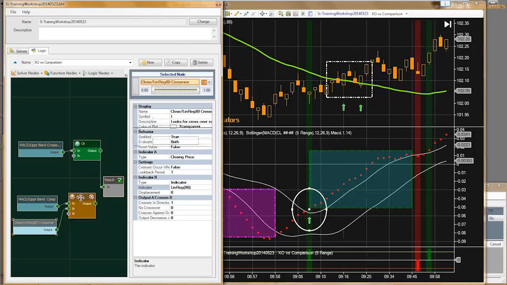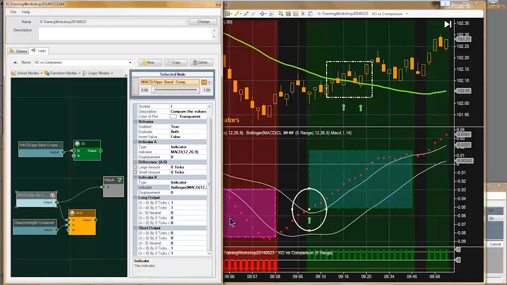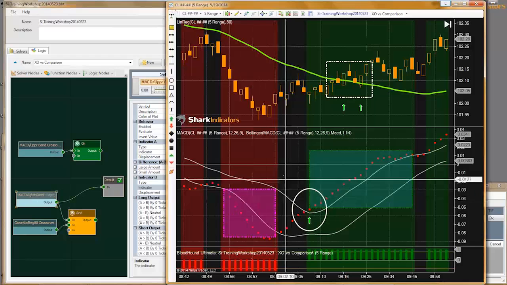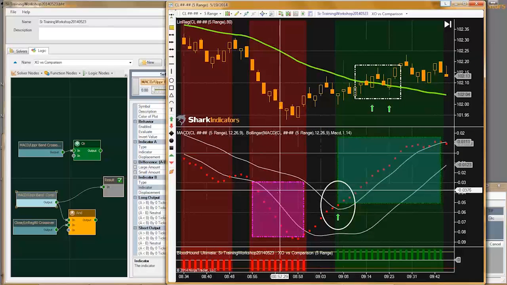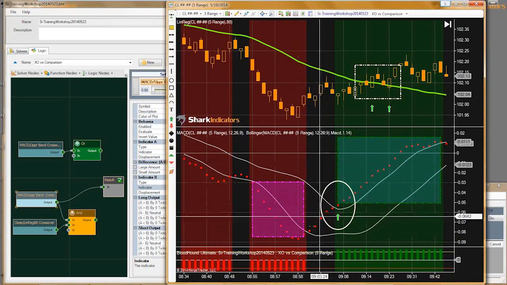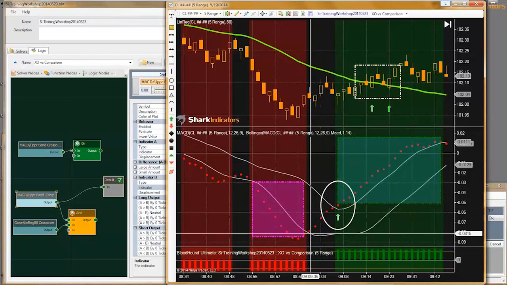Alright, let me clean this up a little bit. So really, back to condition 1. Condition 1 really is we're wanting to make sure the MACD is above the upper band. So it's not really a crossover. It's just whenever the MACD is above the upper band. Right? And the way I set this solver up, we have these areas in between where there's no signal, right? So whenever the MACD is between the bands, inside the bands there,